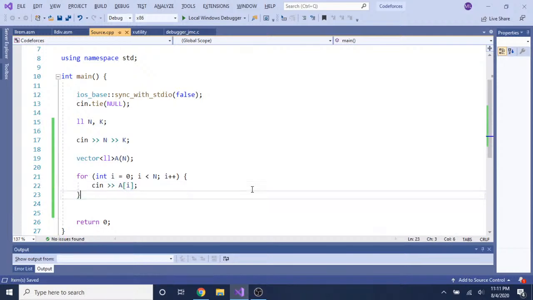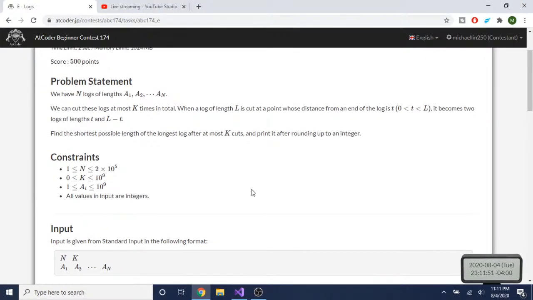Okay, so now we need to cut these logs at most K times in total. So it's not the smallest possible cut; the maximum we could cut is K times. So we could loop, we might need to go from 0 to K sometimes. We need to cut a log at a certain point and it becomes two logs, T and L minus T. We need to find the shortest possible length of the log after K cuts. So if we cut every single log,